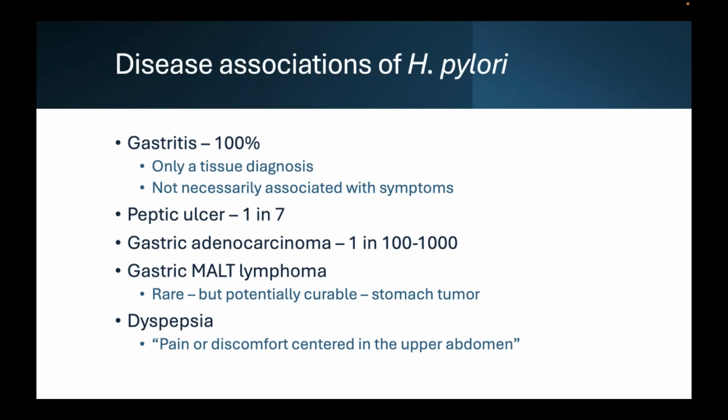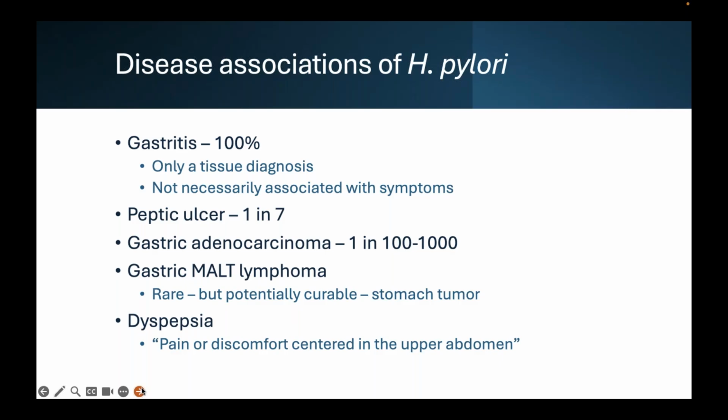So these are the diseases and conditions associated with H. pylori infection. So first of all, gastritis. H. pylori infects the stomach and always produces an intense inflammatory response. So this gastritis is a histological or tissue diagnosis. If you take a biopsy from anyone infected with H. pylori, they will have gastric inflammatory cells, though this is not necessarily associated with symptoms. And in fact, most people who have H. pylori infection don't have any symptoms, even if they're followed for many years.